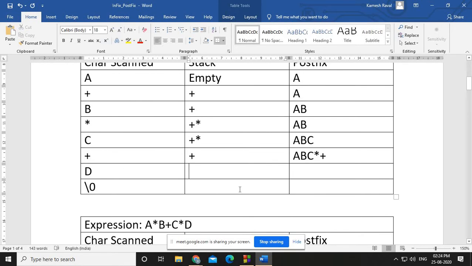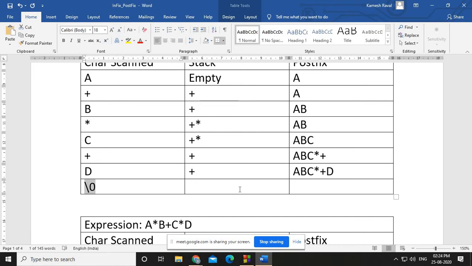Now what is next? Next is D, and whenever you get D, it is an operand. If an operand is there, you just need to insert it into the postfix. Okay, now null is there. Whenever null is there, whatever operators are in the stack, every operator you need to pop and insert into the postfix.